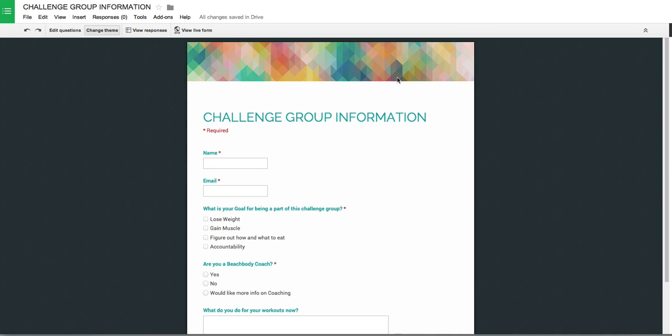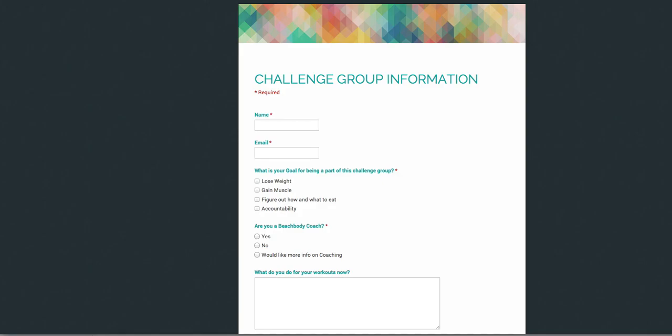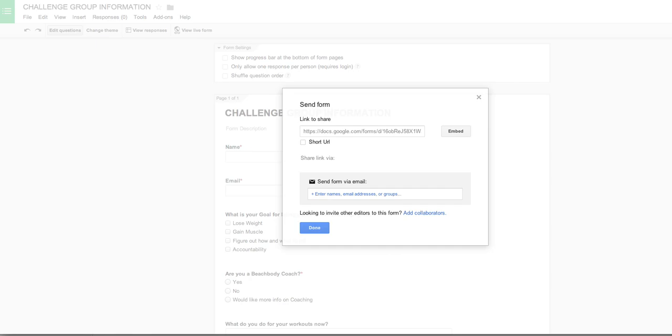So now that this form is good, what you're going to do is actually go and send the form. At the top right, you can't see it because it's cut off on my screen, but there's a little blue button that says send form. And of course this is what it would look like. But when you send the form, you are going to be able to then get this link. So if I click on that button that says send form, I now have this link, and if I want it to be shorter, I just click on short, and now it's shorter here so it doesn't look as